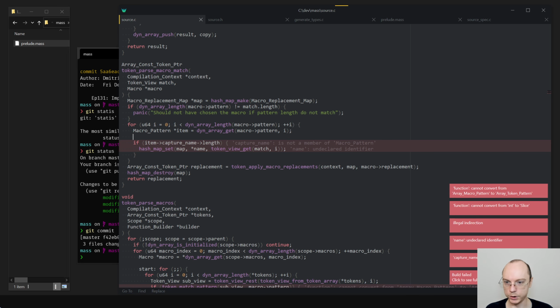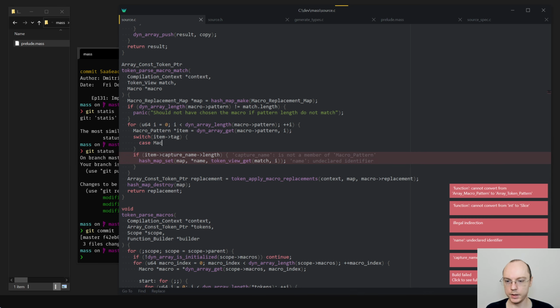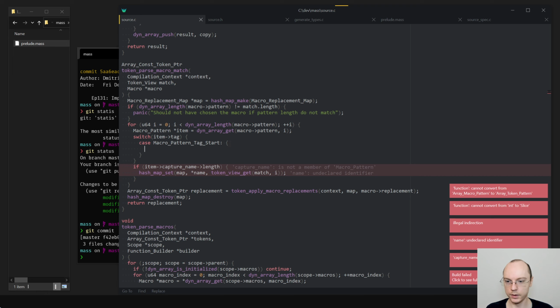Oh, here we need to do a switch now, right? Well, here switch is not necessarily required, but let's do it anyway. Switch of item tag, case macro pattern tag start, break.